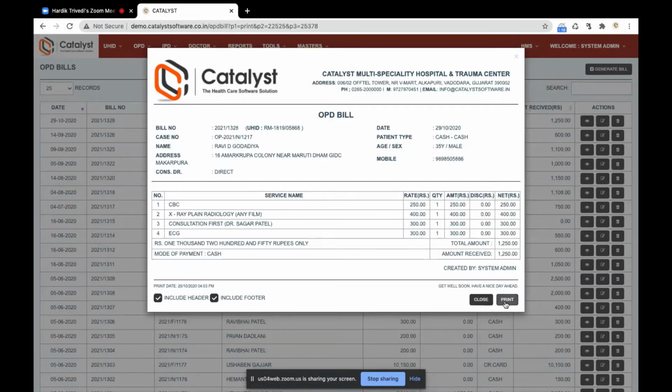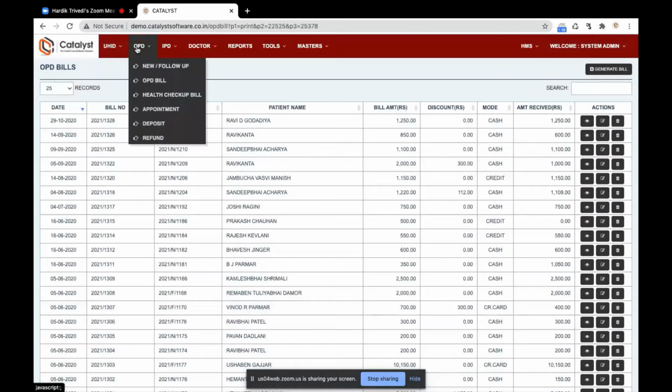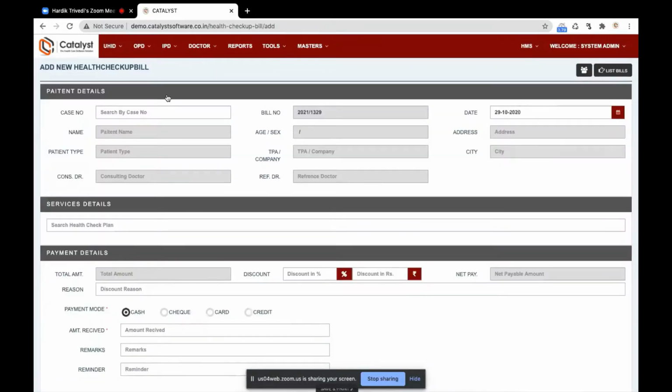If I want to print, I will click here on print, and if I don't want to print, I will just click close. These are two different buttons. Okay, I just close this. Now the registration bill, all those are completed. Now the health checkup bill. Many hospitals create a service package for patients, like a full body health checkup.